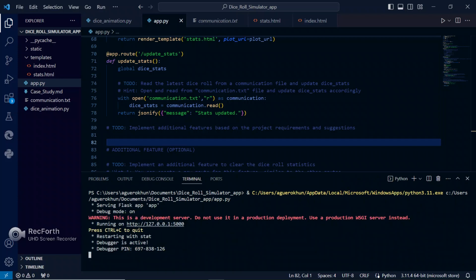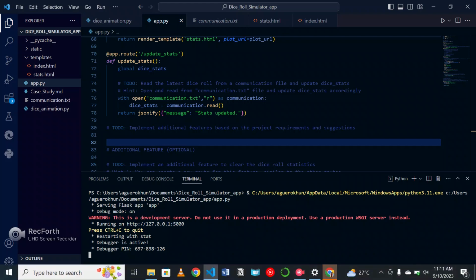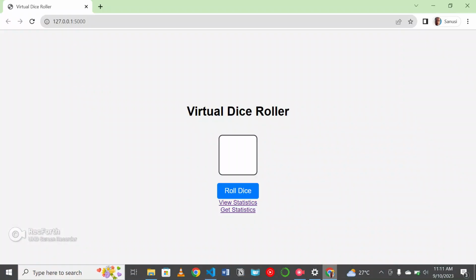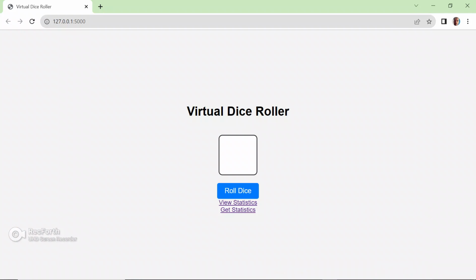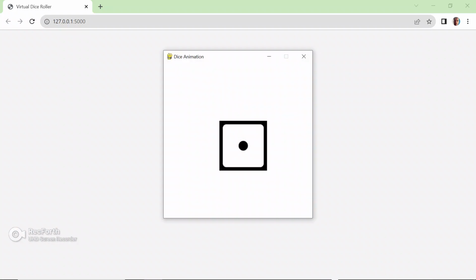So the app is running, then I'll load it on my web browser. That should be, and here we go. Voila, our virtual dice roller. So we roll the dice, and then you can change it. You can see, you can keep track of this if you want to. So we are changing and changing and changing. It's moving around. Then at the end of this,